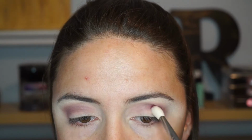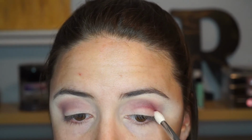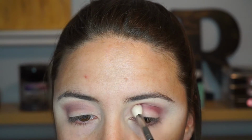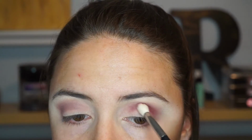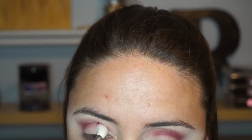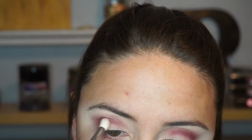And I am going in with a Morphe M441 brush to be blending this directly into my crease. I'm going to keep it below the Buena, wow, I can't speak, the Buena Fresco. So I'm just going to really just kind of dab a little bit of my brush into that, and then I am going to literally put it directly into my crease area, just trying to avoid going too high up